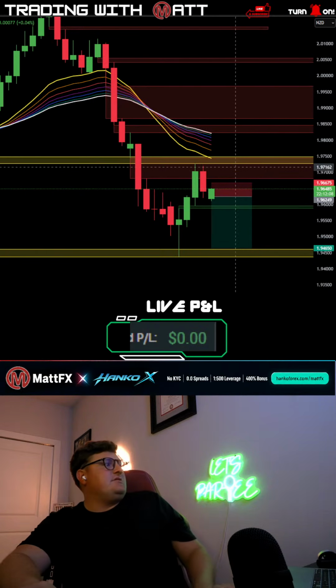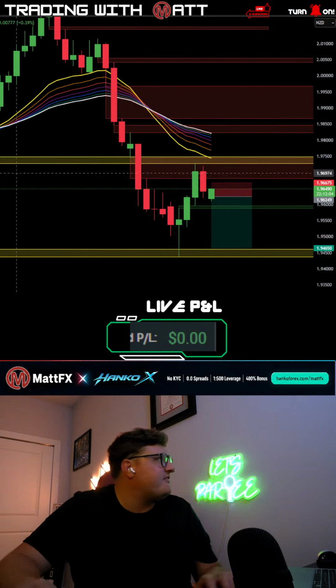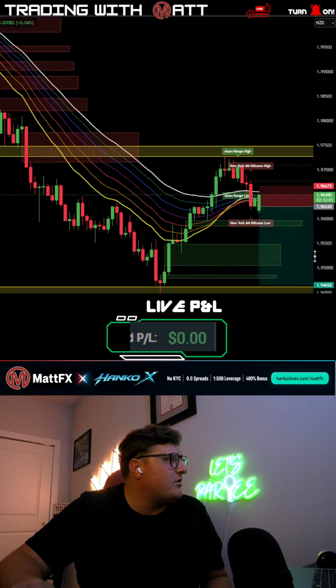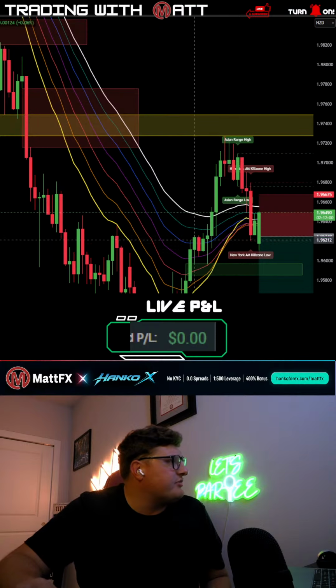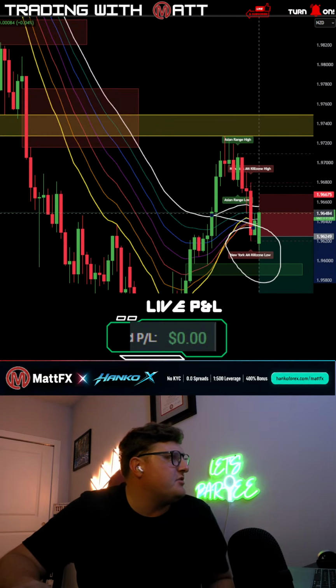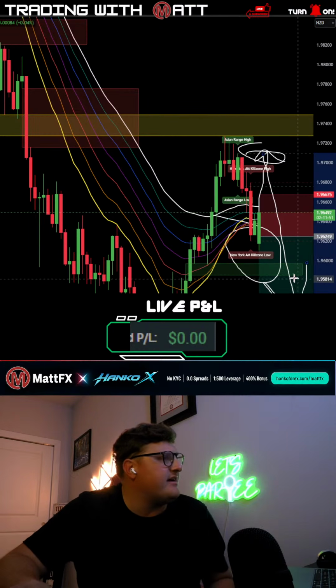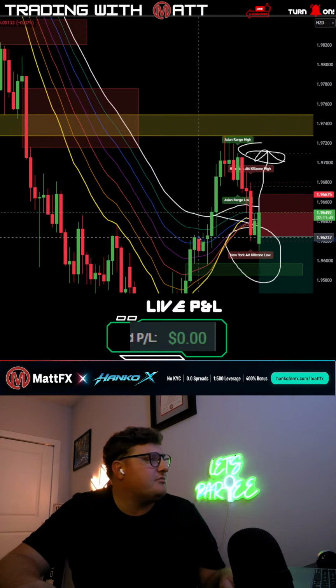So we got another break and retest, guys. Another break and retest on the high time frame. Drop down to the 4 hour. Looks like we did actually break below New York session kill zone. As long as we don't break back up into Asian session high up here, we should be coming down. Great chart. Great chart overall.